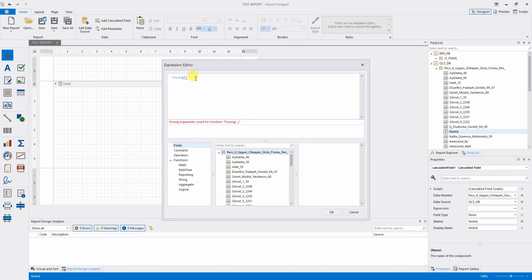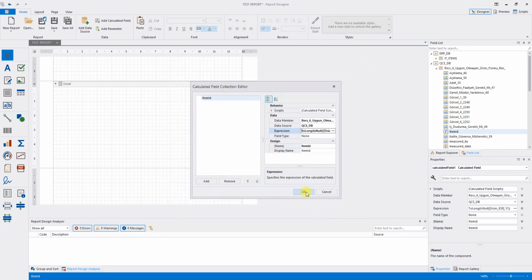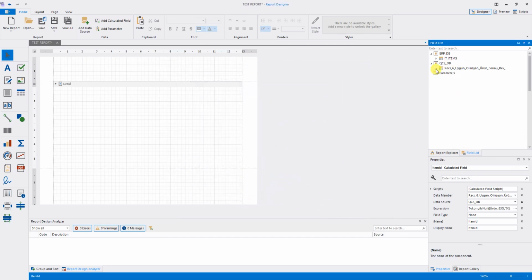Now I'm familiar with this syntax, so I'm writing it fast actually. If it is null, which one is null? Write it like that. So this will convert my data to long integer 64. Okay, I'm closing it. Now I'm recreating my array,